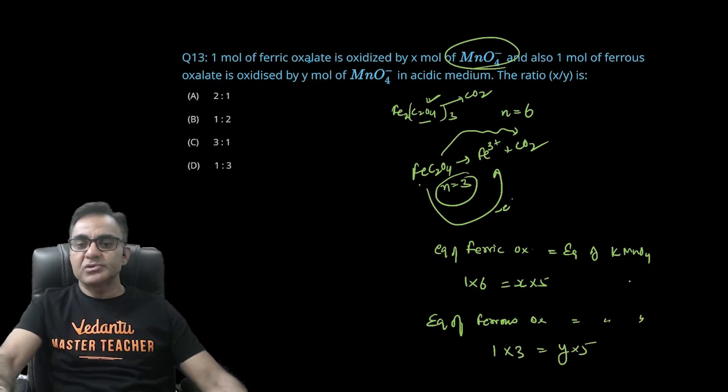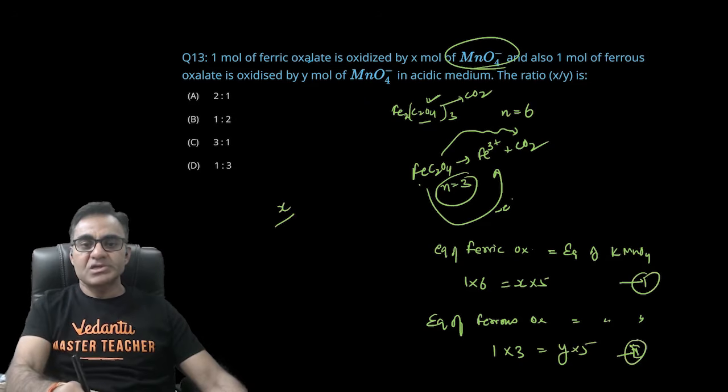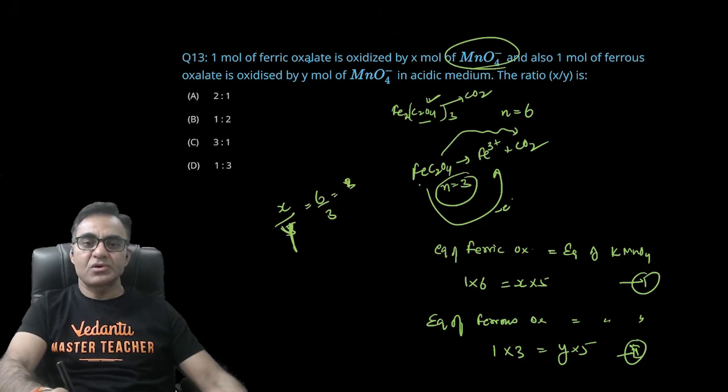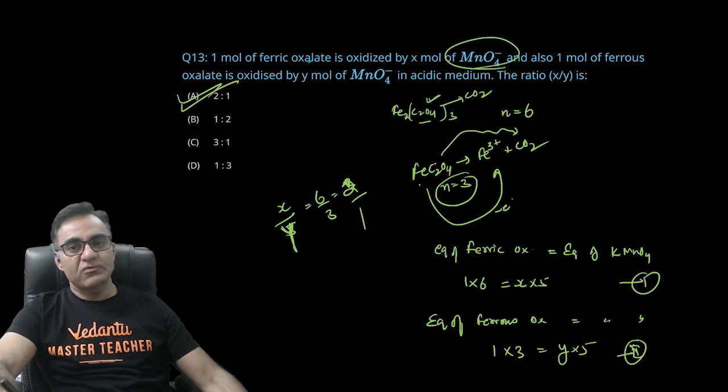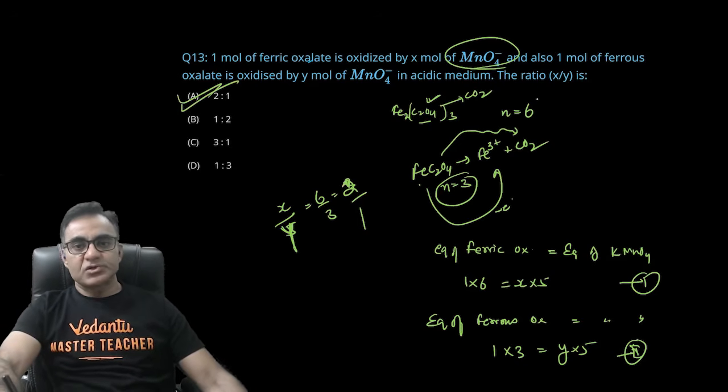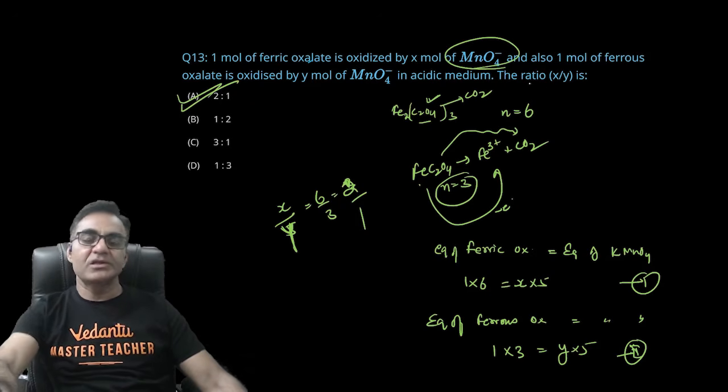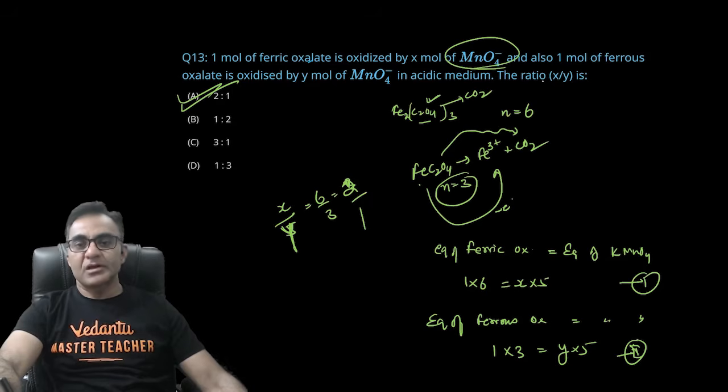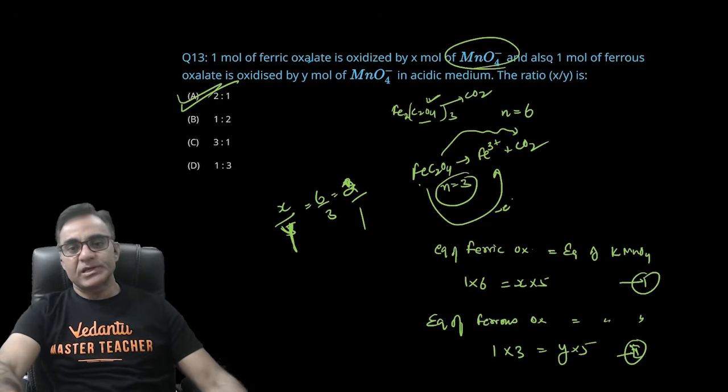तो अब आप इन दोनों का रेशियो ले लो, इक्वेशन 1 है, इक्वेशन 2 है, तो अगर आप x अपॉन 5 निकालोगे तो 6 अपॉन 3 आ जाएगा, दैट इज x अपॉन y is equal to 6 upon 3, that is 2:1. All right, so 2:1 is going to be the correct ratio of this. All right, good question. Equivalent concept. अच्छा, इसमें एक छोटी सी मिस्टेक ये भी हो सकती है, फेरस ऑक्सलेट का अगर आप फॉर्मूला नहीं लिखोगे तो आपको n-factor निकालना बहुत मुश्किल होगा, मतलब गलत निकाल सकते हैं, इवन इफ यू हैव द कंसेप्ट इन द माइंड। सो बेटर आप फॉर्मूला लिख लो पहले।